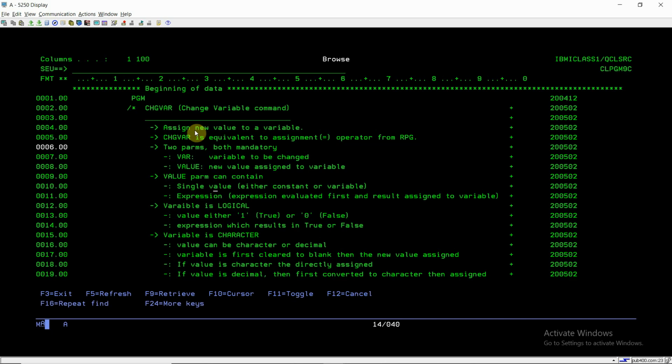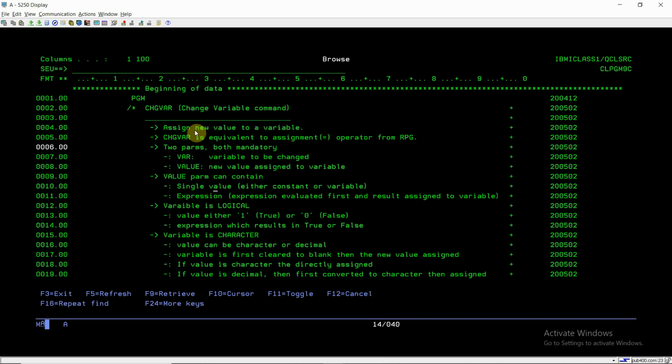If we give an expression, first the expression will be evaluated or calculated, and then the result of that expression will be assigned to the variable on the left-hand side. This is the main thing behind the change variable command.